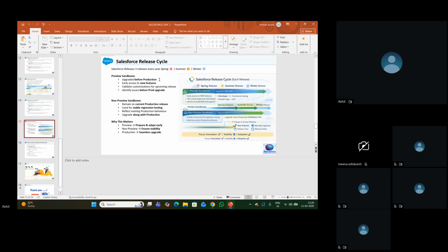Sometimes we might get stories in real time saying, could you please collect what all the features we got in the spring 2026 release, or summer 2026 release, or winter 2027 release. For that, we need to find the release documents. So this is all about releases.